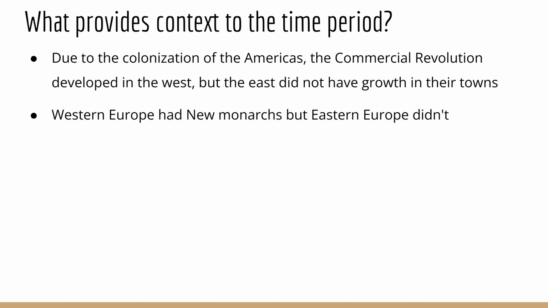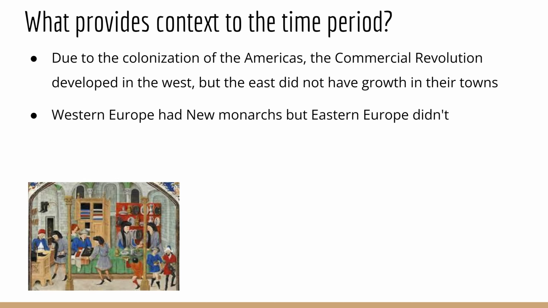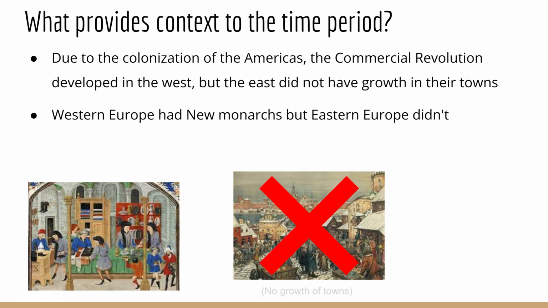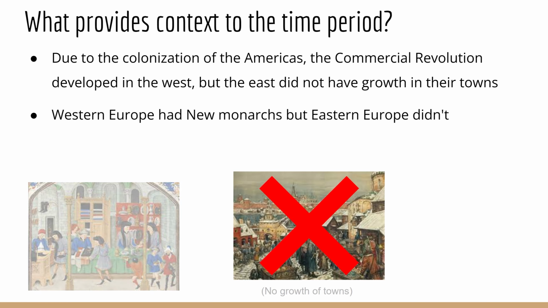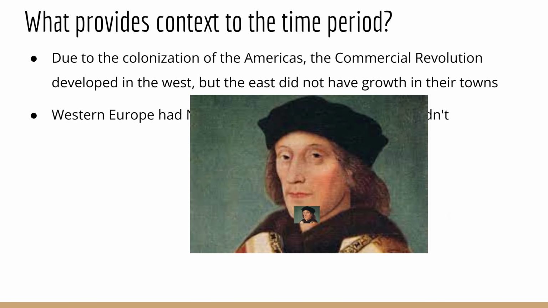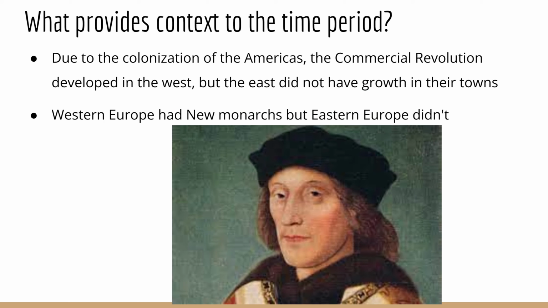So, our first idea for contextualization for this topic of absolute monarchs is the commercial revolution in the 16th century that was exclusively experienced in Western Europe, which wasn't in Eastern Europe. Additionally, for the second context, the pre-existence of new monarchs starting in the 15th century in the West are a key part that contributed to the Western European absolute monarchs' uniqueness, as these new monarchs in the West provided a foundation for their later rising absolute monarchs that the Eastern monarchs did not have.